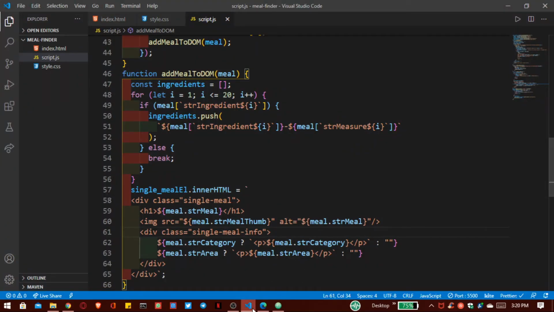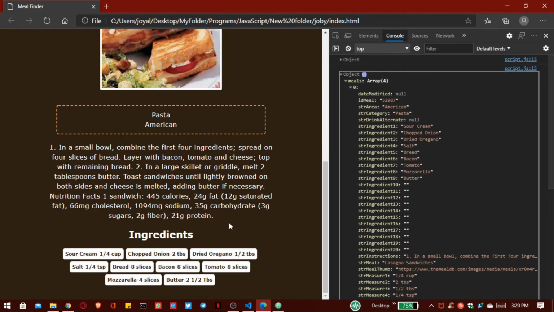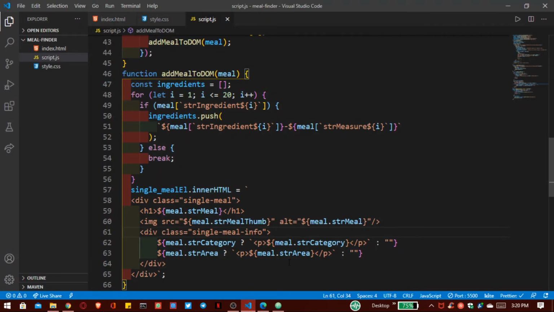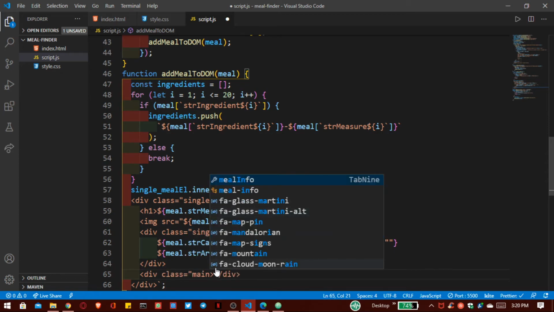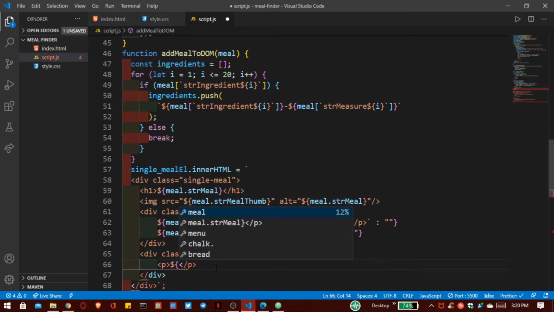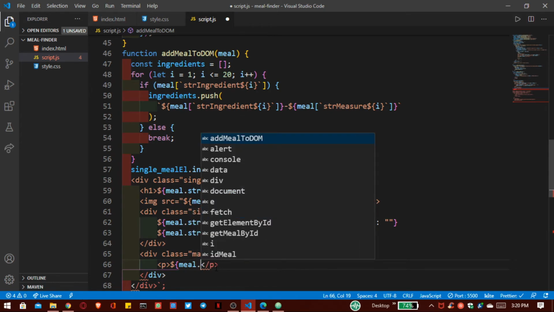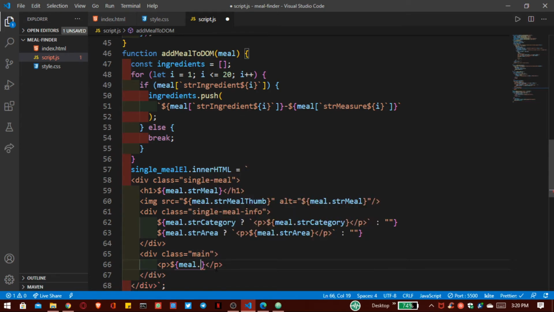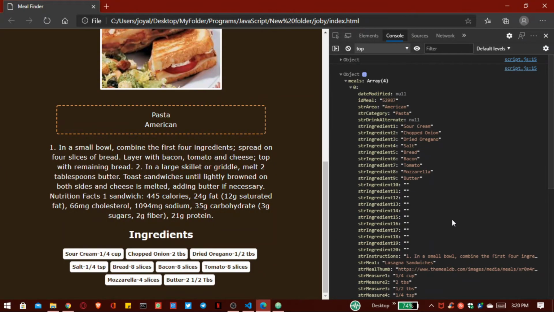Now we also have to print instruction like this. So for that I create another class that is main. Then inside this paragraph I print that meal.str instruction.